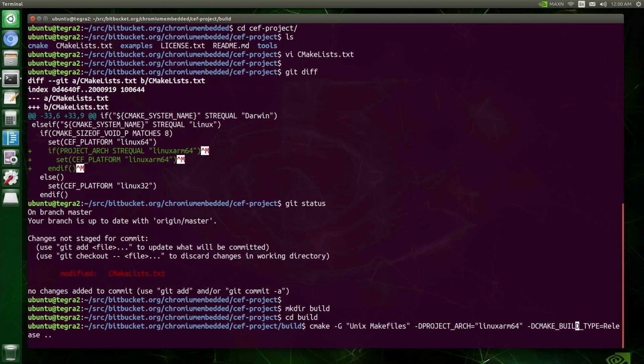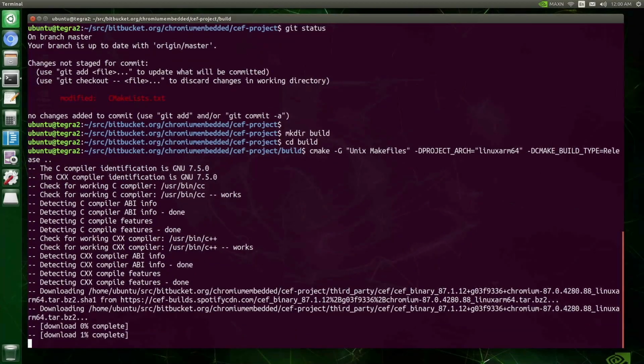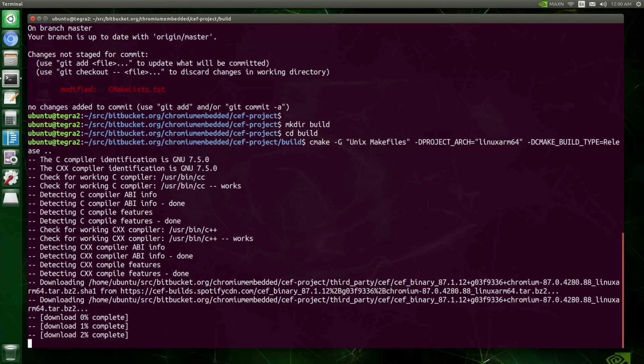-DCMAKE_BUILD_TYPE=Release because I'm building release, and I'm telling it to go up one level so that it can find the source code that it needs. I'm going to give that command and let it execute. What it's going to do is check the environment, and now here it's going to go download